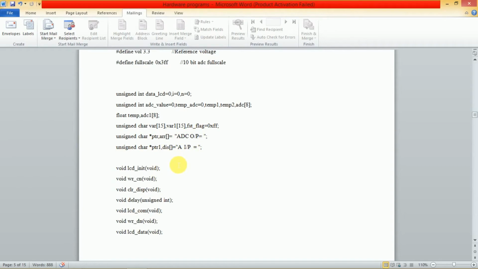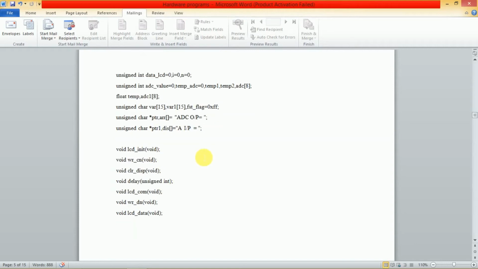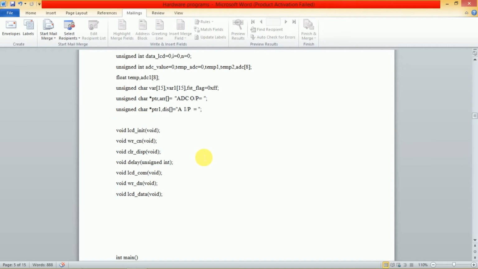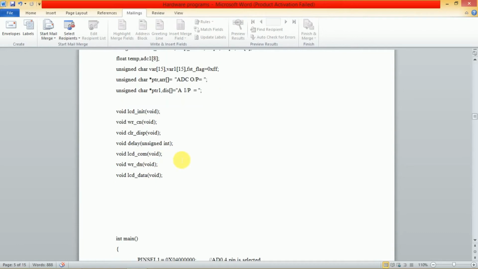Unsigned character pointer array you can declare as the analog to digital converter outputs. Unsigned character PTR display as the input analog informations. Void LCD initialize, void write, then clear the display, then void delay, you can declare the delay between each signal.